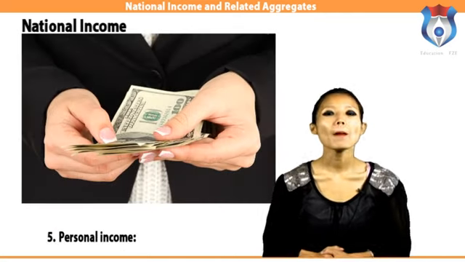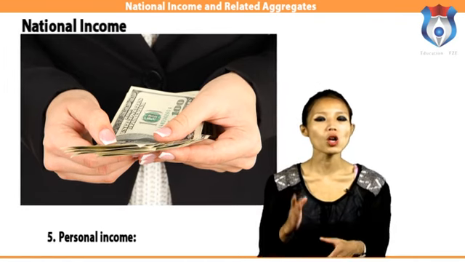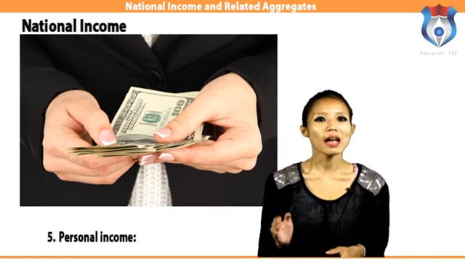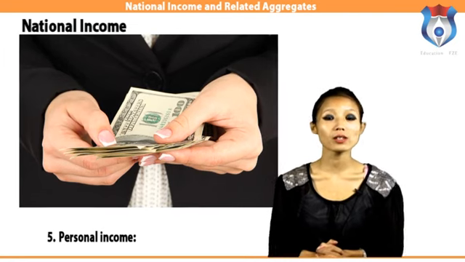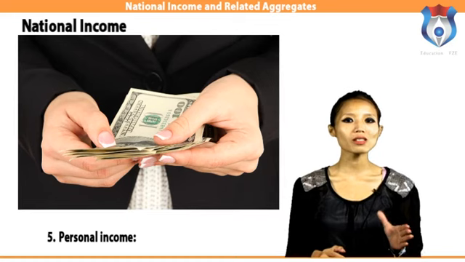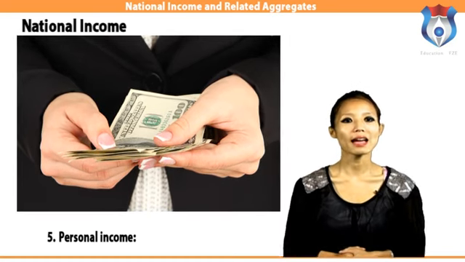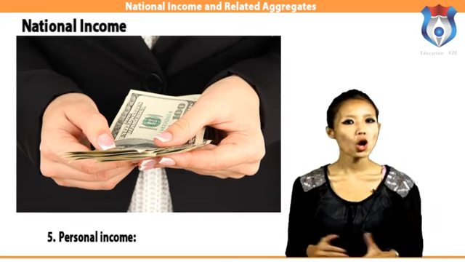Personal income. Personal income is the sum of all incomes actually received by all individuals or households during a given year. In national income, there are some incomes which are earned but not actually received by households, such as social security contributions, corporate income taxes and undistributed profits. On the other hand,